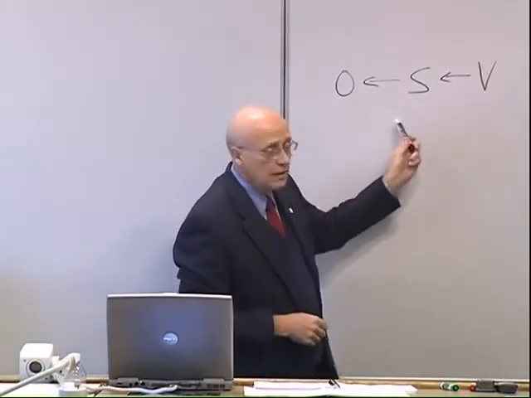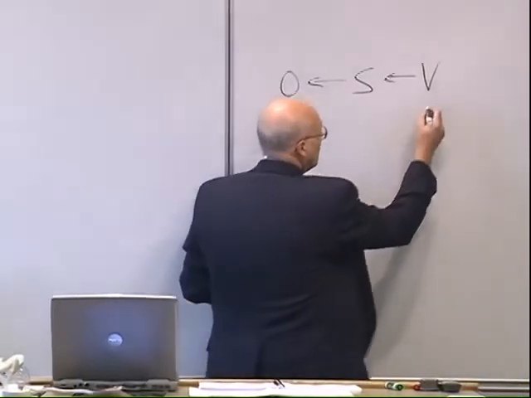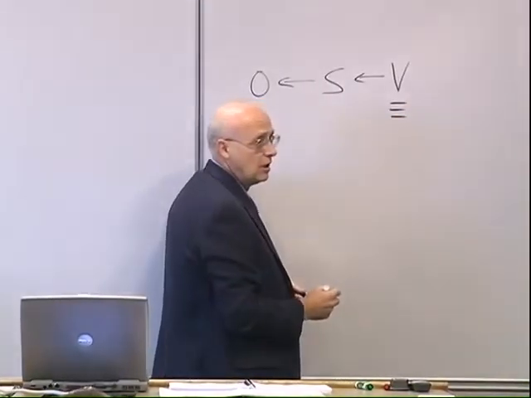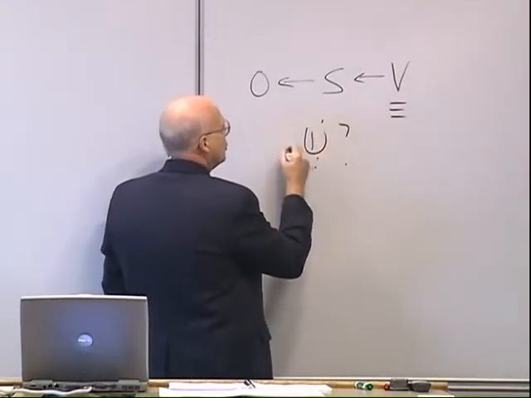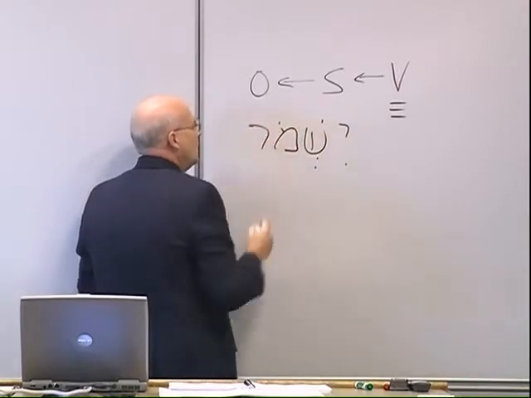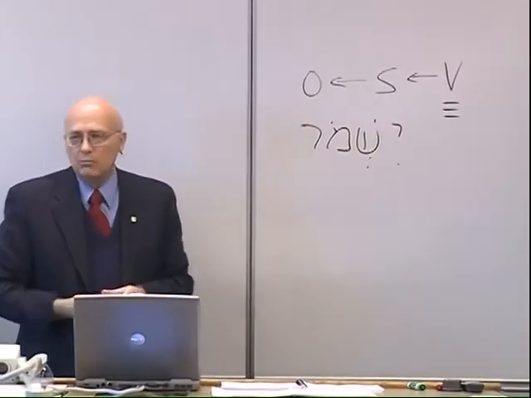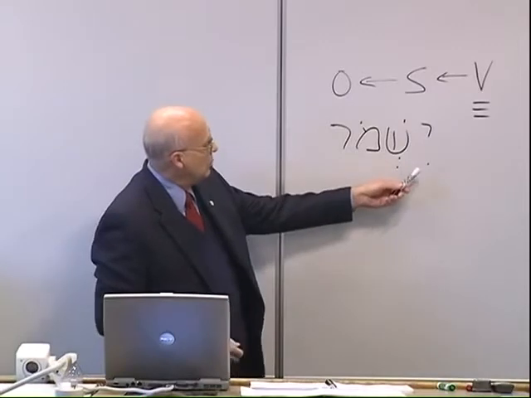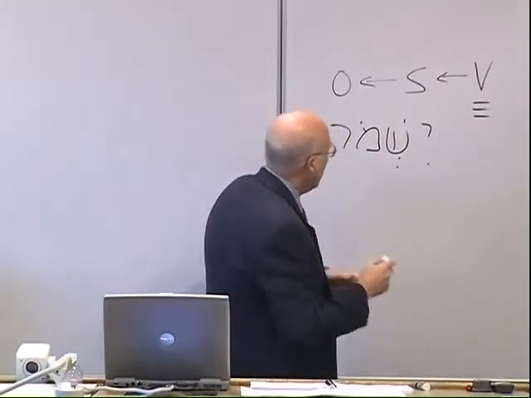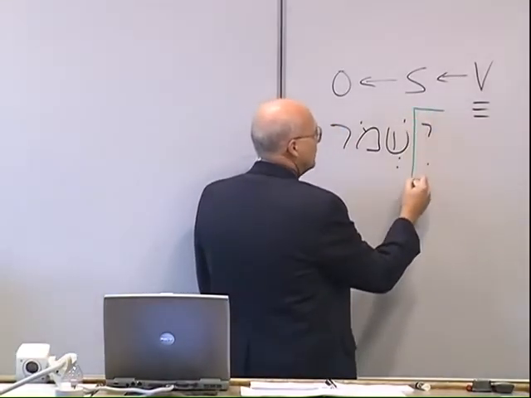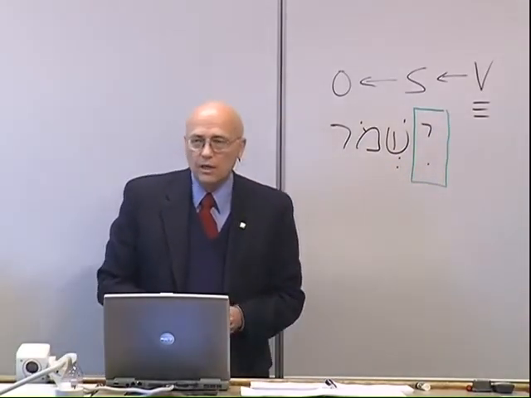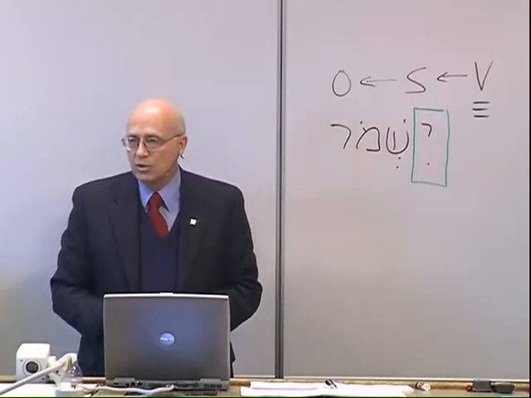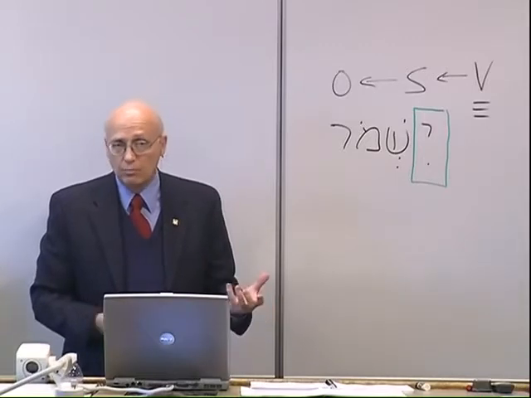But as we're looking at that, notice that the verb is normally first. But if we have an imperfect form of the verb, such as yishmor, he kept, he will keep, he keeps, notice that we have on that verb a prefix, that yod prefix. And that yod prefix tells you that it has to be a third person. It'll be a third person singular or a third person plural.